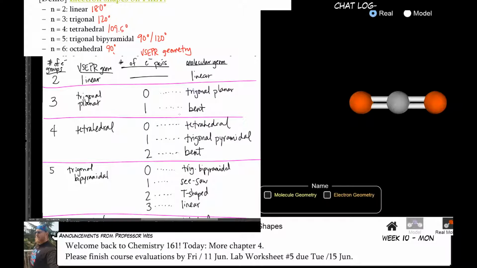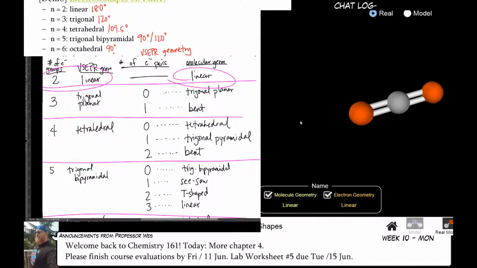Hopefully you've counted that there are just 2 of them. And if there's 2 electron groups, it doesn't matter how many electron pairs there are, it's always linear. And you can tell that just by looking at it, right? All right, let's do one more example before